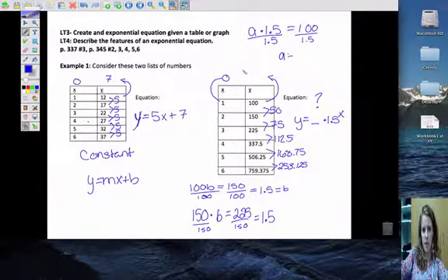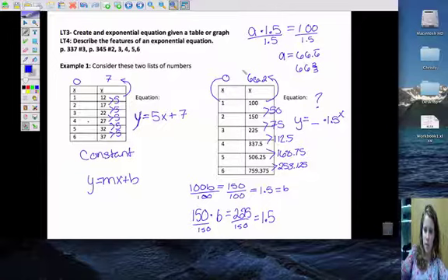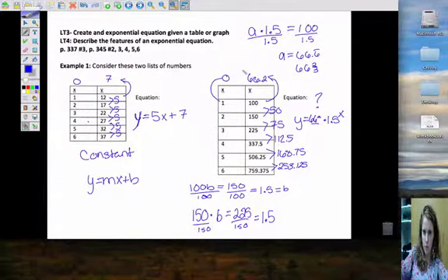And a ends up being, if you want to do that on your calculators, 66.6 repeating, or 66 2/3. So our equation is going to be 66 2/3 times 1.5 to the x. So if we write that out, if we look at the expanded form of all of this,